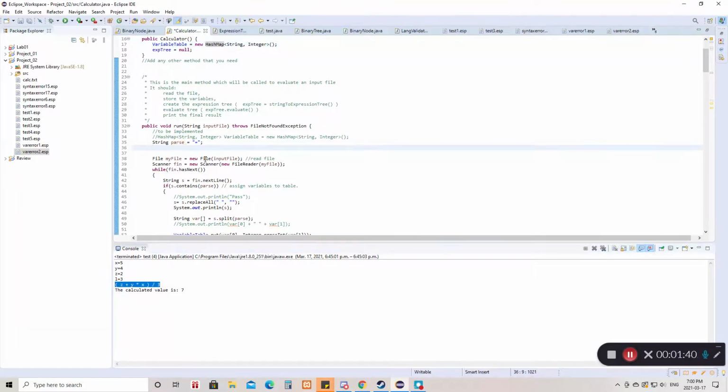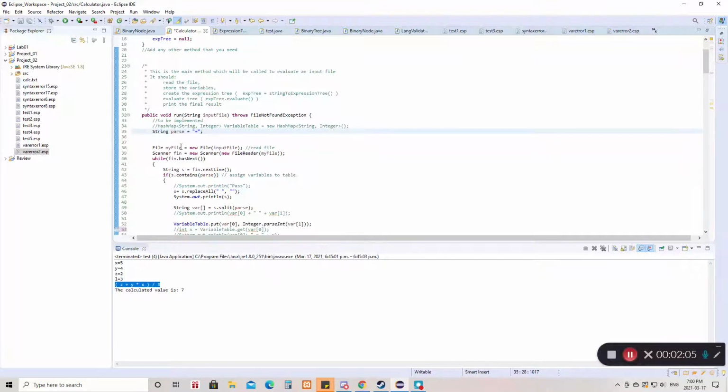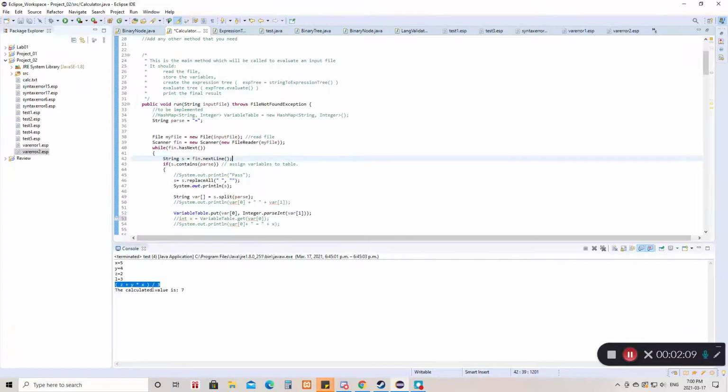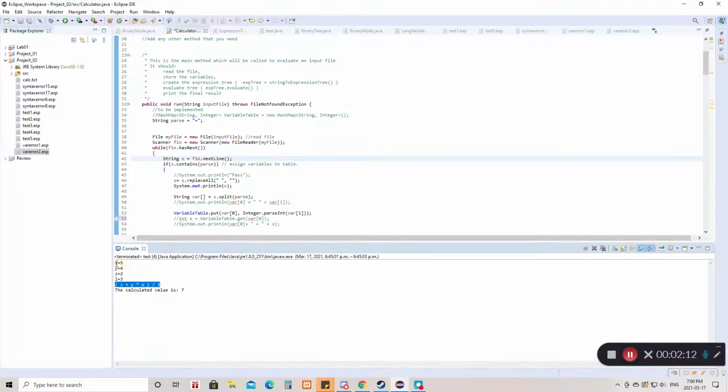The very first thing I do is I grab the file and I check for a parse, which I assign to be equals. Whenever someone is assigning a variable, there will be an equal sign. There will be no equal sign if it's the entire equation. So I set that up as my parse. Right here, it starts to read the file, and if it contains the parse, if it contains the equal sign like this, it will assign